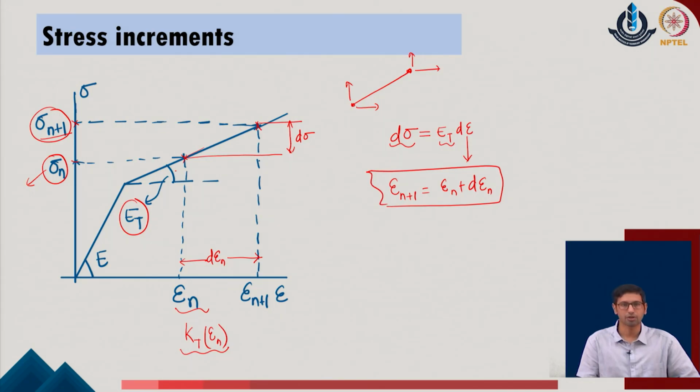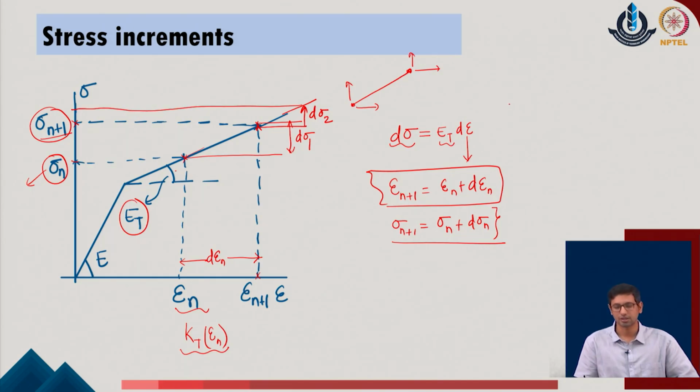So, knowing the next point on the given system, once we evaluate the next point on the given system, the simple point is also attributed by the same value of the stress. So, the stress at the point n plus 1 is also obtained, which is the same as sigma n plus d sigma n of the given system, and now this is the next point which has been located in the system. If the user wants to go with the next level of increment, the user can go with a further increment in the given system. So, I can call it that this is d sigma 1 and this is, say, now the d sigma 2 in the given problem, and as the elastic modulus or the tangent modulus of the system is constant, the user does not require any corrections in the subsequent steps of the given stress increment in the given system.